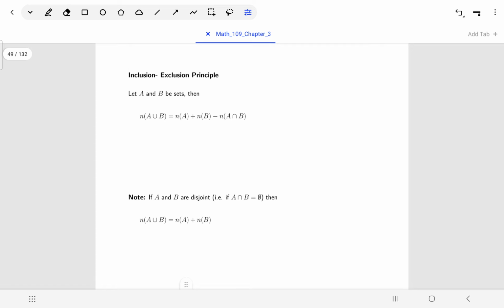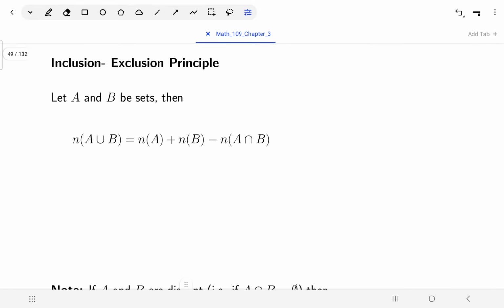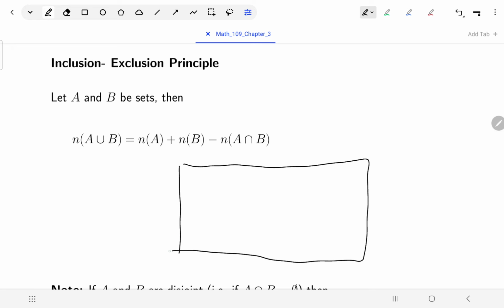Okay, this is a very important counting principle, the inclusion-exclusion principle, and there's sort of 2 variations on it. There's the first one, which is the more general one, and I'll talk about that for just a moment. We've got 2 sets, A and B, and we want to know how many things there are in A union B. So I'm just going to draw a Venn diagram for a moment, because that'll kind of explain where this